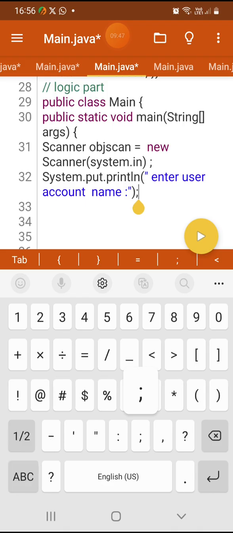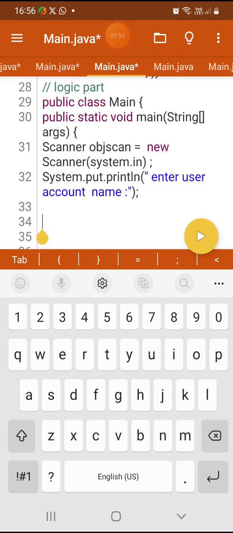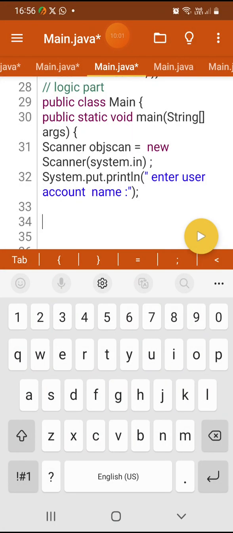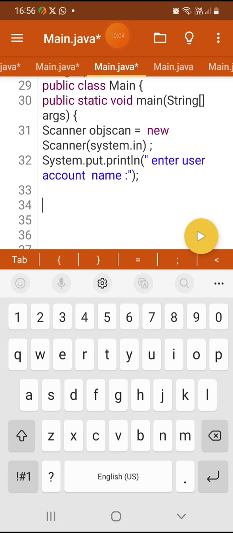You terminate this one. Then whenever the user enters, at that moment what happens, System.out.println enter